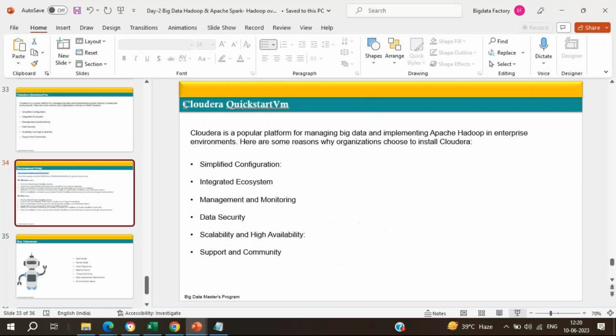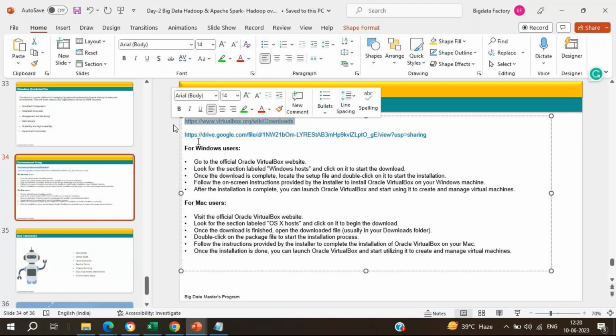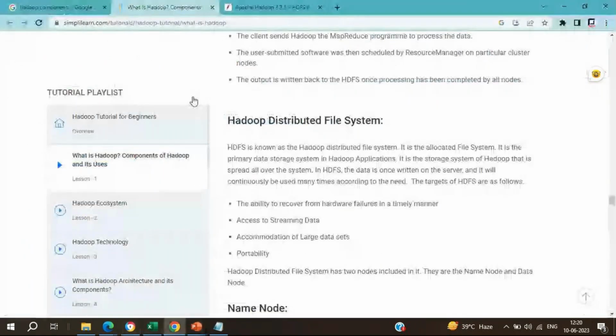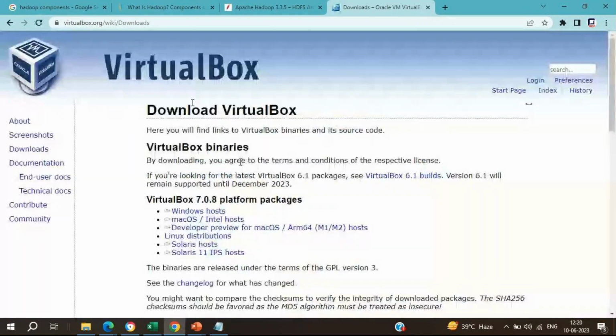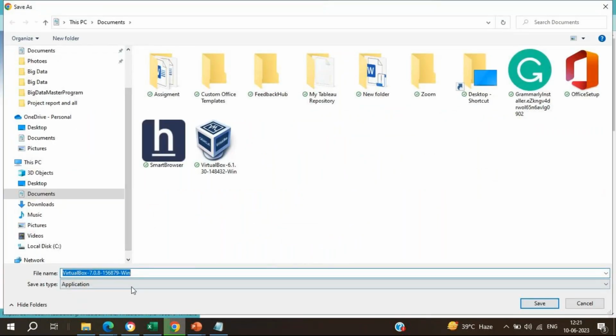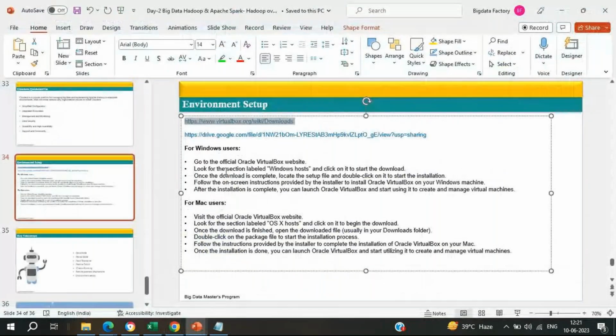Let me try to show you. You just need to copy it and paste it over here, and it will open the VirtualBox official website. If you are using Windows or Mac, you can go with respect to the OS of your machine. Once you click on the Windows host, it will ask for the path, and you can install it in the path that you want. Once you have done the installation, you just need to move with these steps. You just need to click next, next, next, and you will be able to get